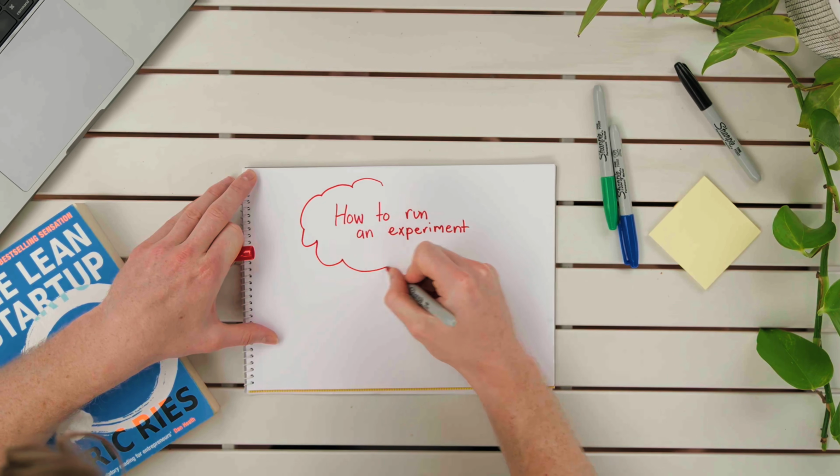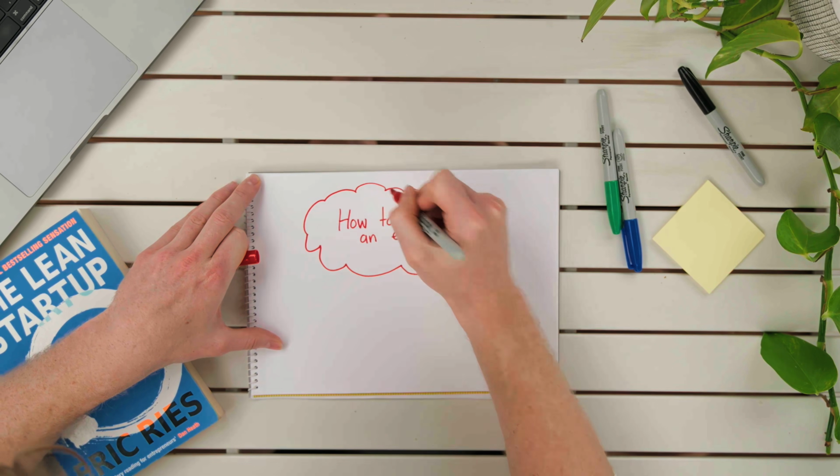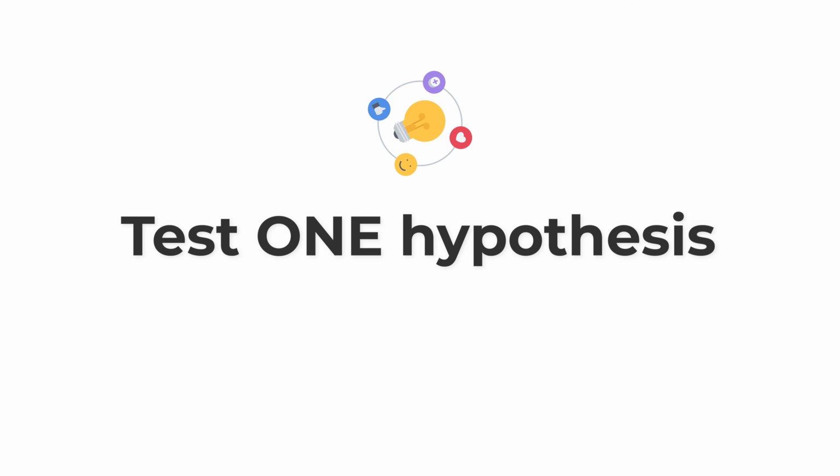The other takeaway that I got from this book is how to run an experiment. All the biggest brands out there and the best websites out there have had hundreds of experiments run on their products and services. They're constantly tinkering how to increase customer satisfaction and profits. Startups really need to apply this logic, but they need to do it in a way of finding product market fit. Remember, when you're running an experiment, you're basically testing one hypothesis, which is the riskiest and the one that you need to prove the most. If you're working in e-commerce or SaaS, basically it is, does someone want to pay for your product?